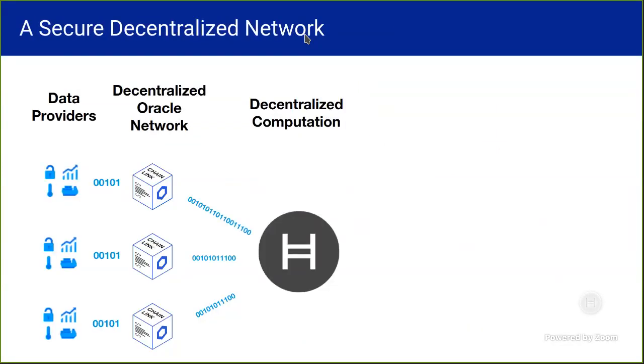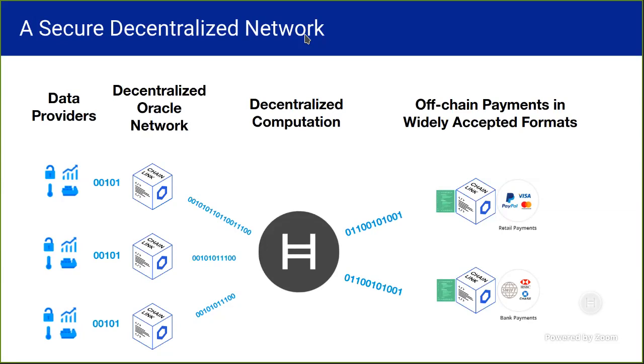So to get a bigger picture, Chainlink is a decentralized Oracle network used to connect smart contracts to any API. You can select as many Oracle nodes, or Chainlink nodes as we call them, as you like, and use as many data sources as you like to trigger the execution of your smart contract. Then we also enable off-chain payments to occur based on the execution of a smart contract. So if the result of a smart contract said that someone should get paid $100 USD, you can utilize Chainlink